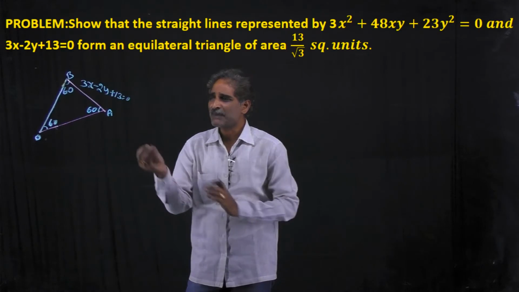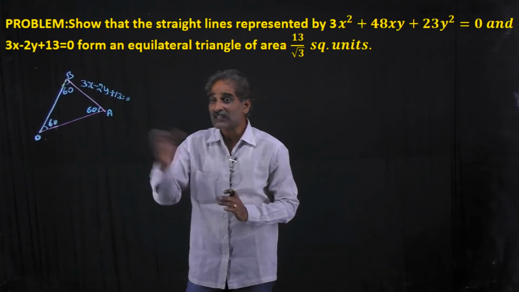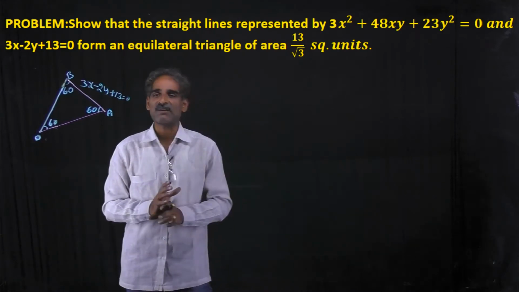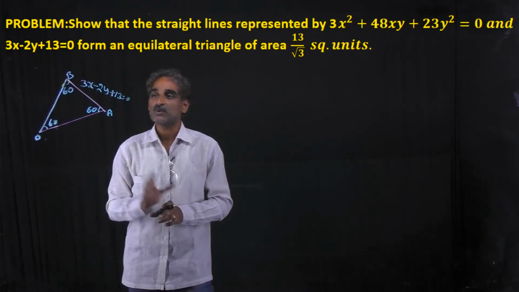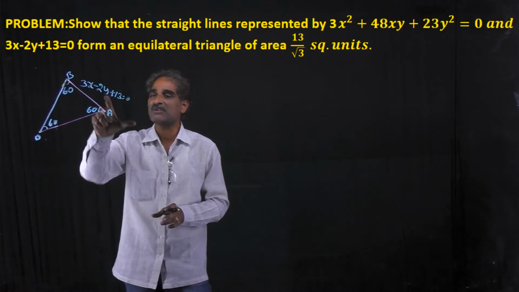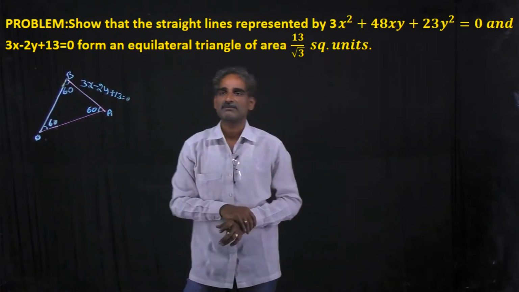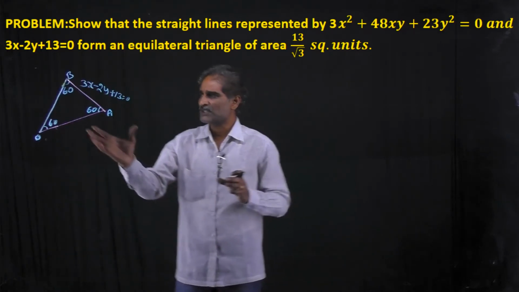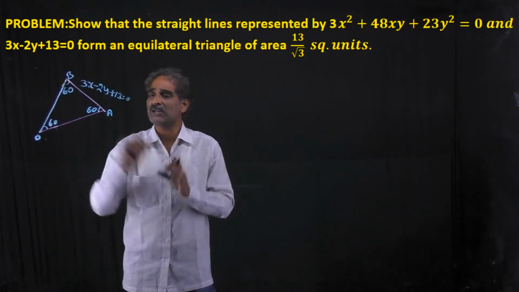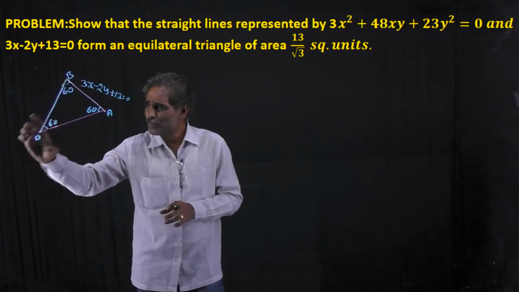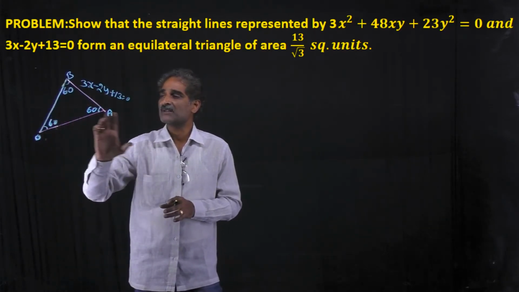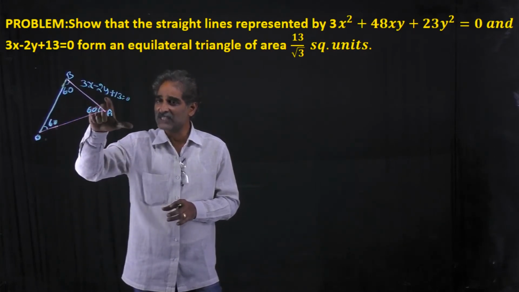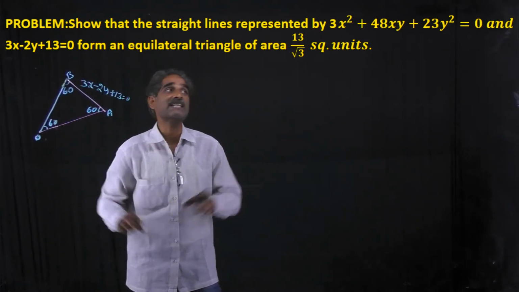Okay, it is better to follow another method. It is enough to prove that the equation of the pair of lines which form an equilateral triangle with the help of this line is this one. Understand? So first of all, consider the triangle is an equilateral triangle. Just find out the pair of lines with the help of this line. The equation of the pair of lines forming an equilateral triangle with this, passing through the origin, is this one.